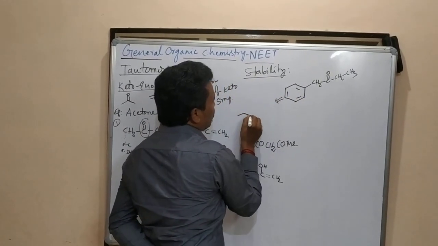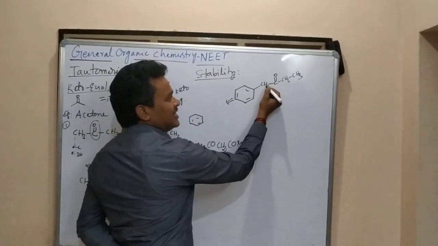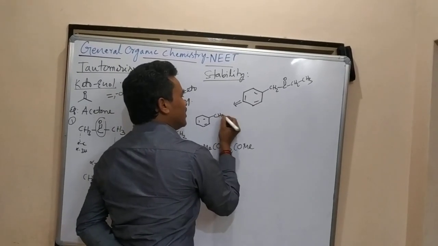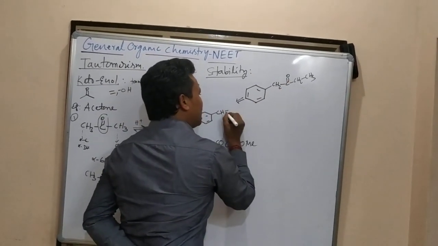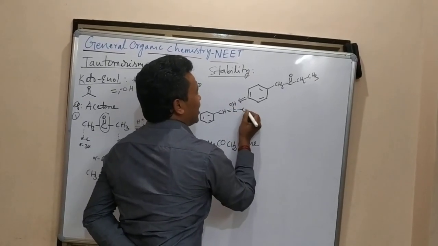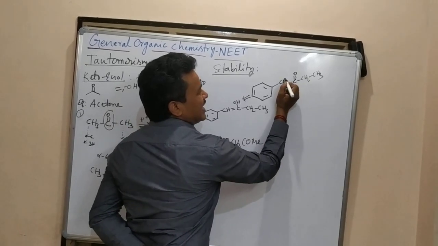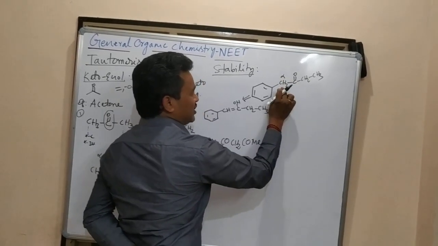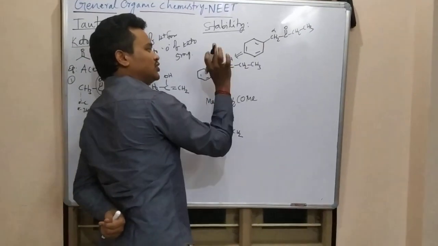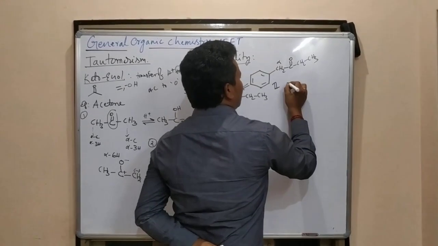I am not going to disturb the overall structure. This hydrogen is moving, so what am I writing? One hydrogen is jumping here now. So the double bond C=OH remains, and I am not going to disturb all the other hydrogens. Only this alpha hydrogen is shifting from here to here. I am writing the double bond arrangement according to which side it shifts. Okay, I am giving the name 1 for this one, and name 2 for this one.